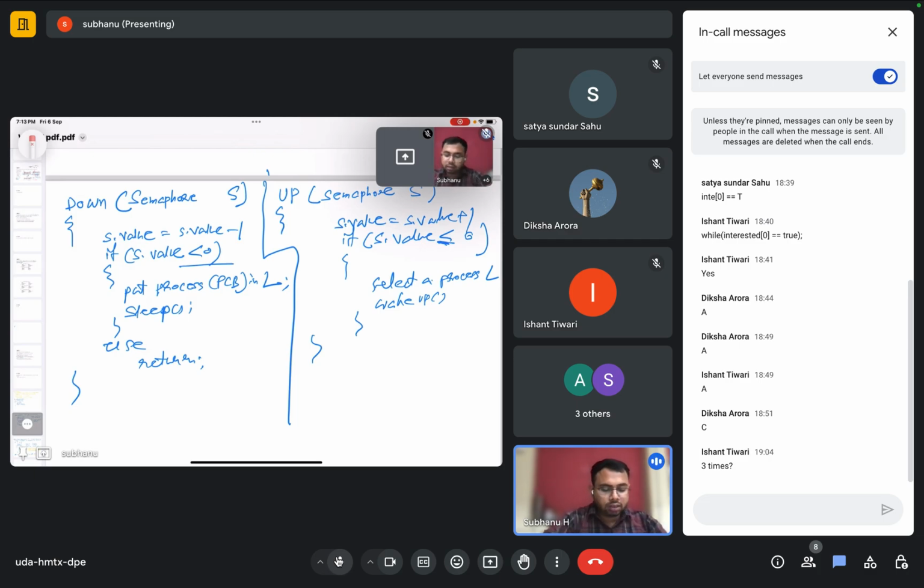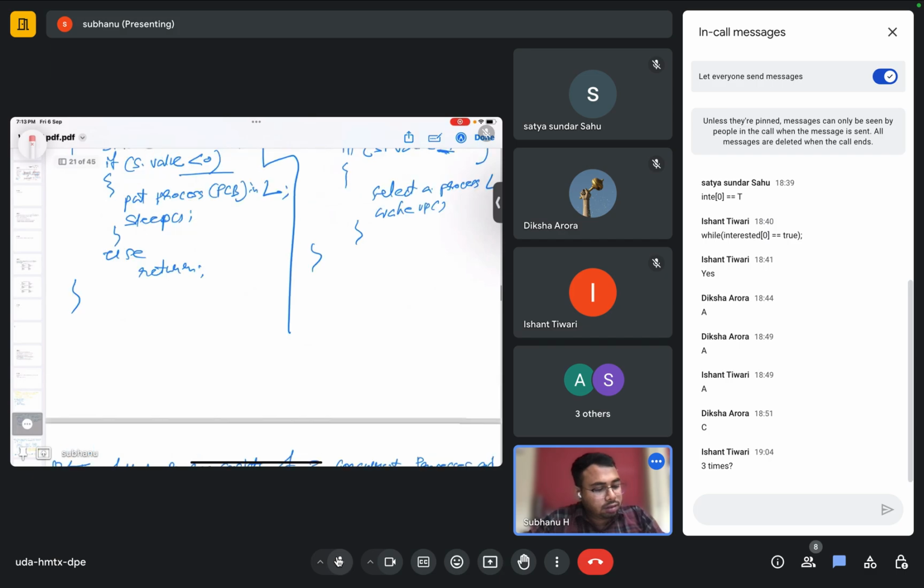In a critical section, more than one process can enter at a time. You know this one. That number is decided by the operating system. How many processes can enter into the critical section will be decided by the operating system. So any positive number means that many processes can be in the critical section at this moment in time. Okay, so my question is,